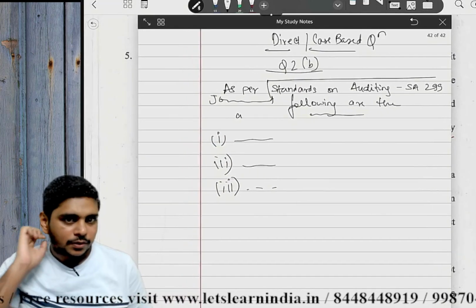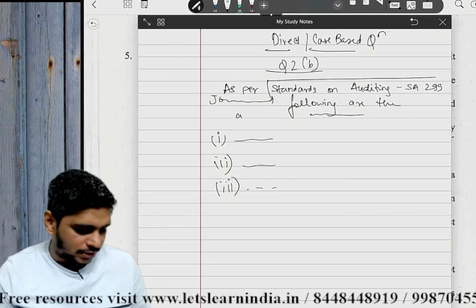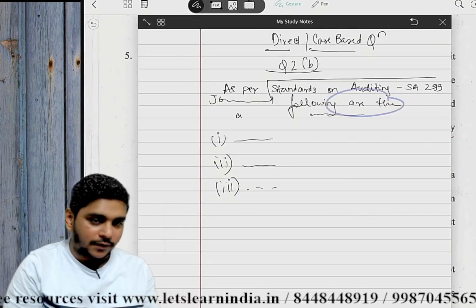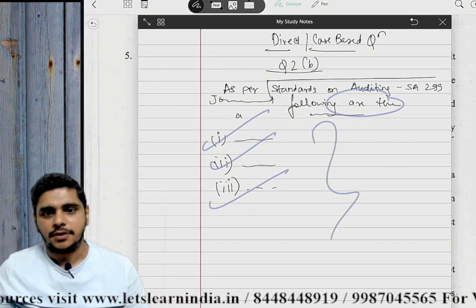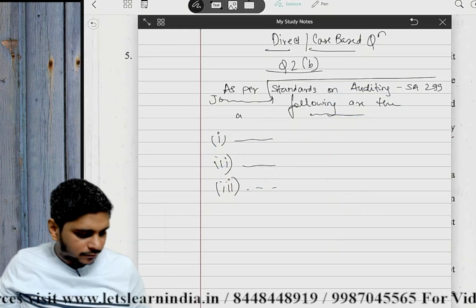Now see. So you will write like this, as per essay 299, following are the advantages, and 1, 2 and 3. You will present the answer like this. So understood the direct questions? Now,